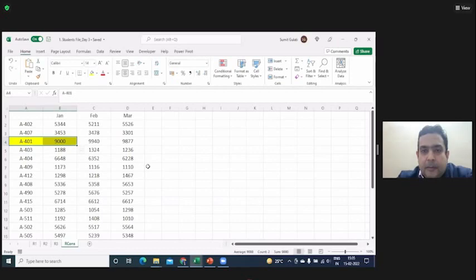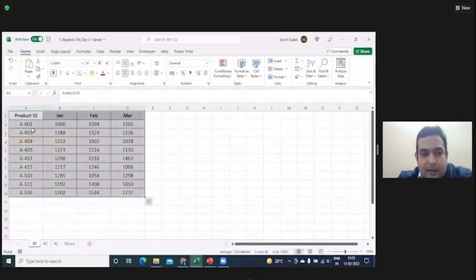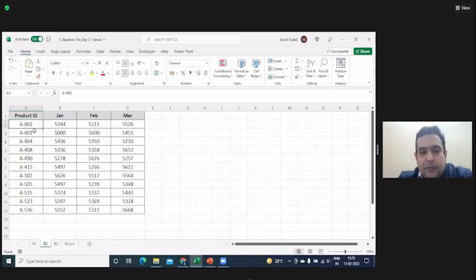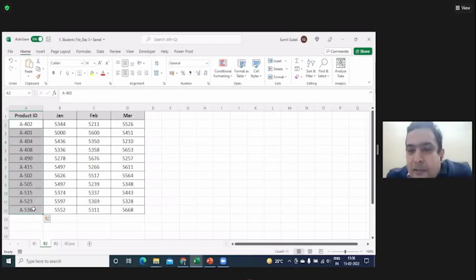Also, sir, it is coming in A402 and then 407 and then 401 and then 403. So A40 means it will not come in increasing order. No, even here it is not in increasing order everywhere. If you see in this sheet, A402, 404, 408 is there. This is just a product code. So it doesn't matter whether it comes in increasing order. Yes, this is not by some size of the product or something. Correct.